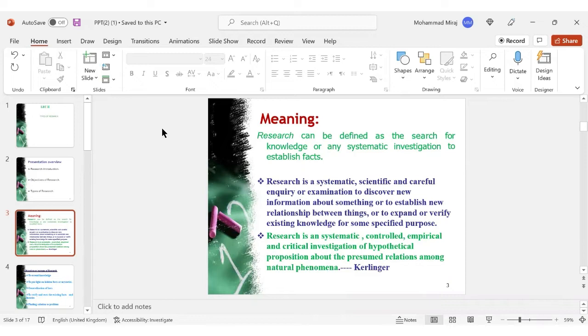So research is systematic, it is scientific, and it has to be a careful inquiry or examination. Because what is the purpose of research? We do research for three basic purposes. Number one, it challenges the status quo. What do you mean by it challenges the status quo? Status quo means,